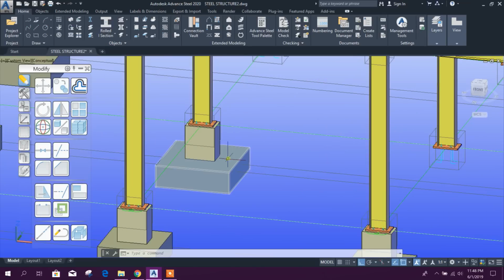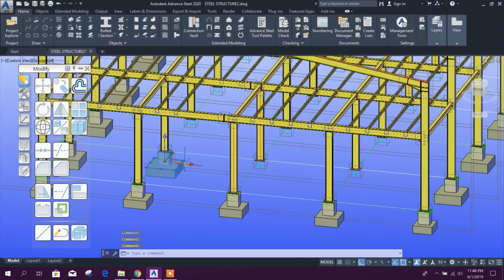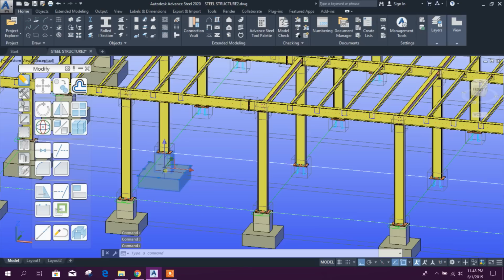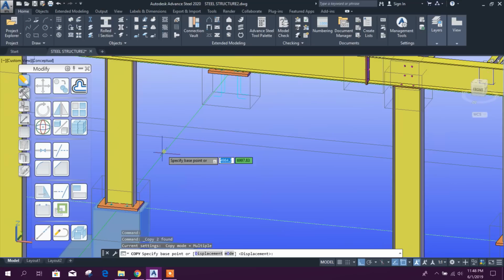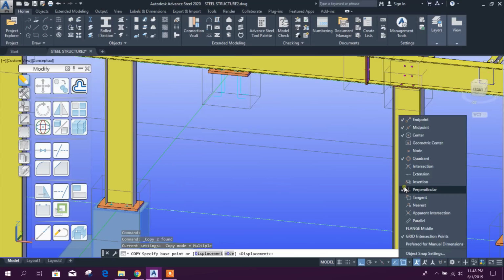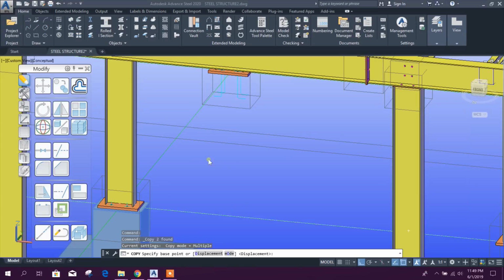Okay, now this one, no need for control, select this. Now copy. Here we can change our snap to intersection, tangent, nearest. Okay,